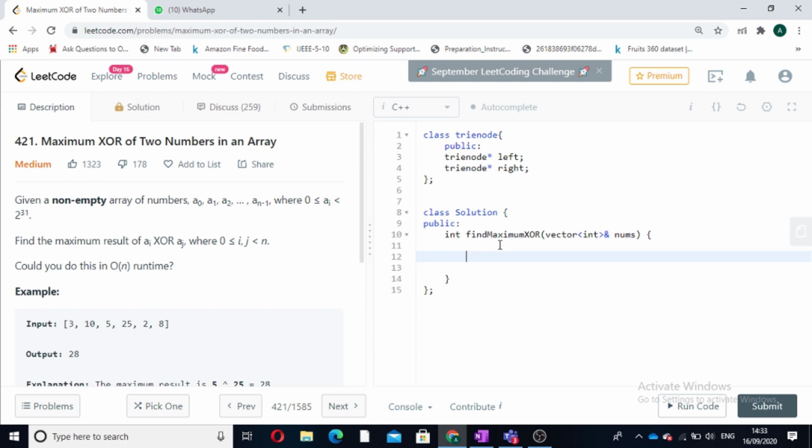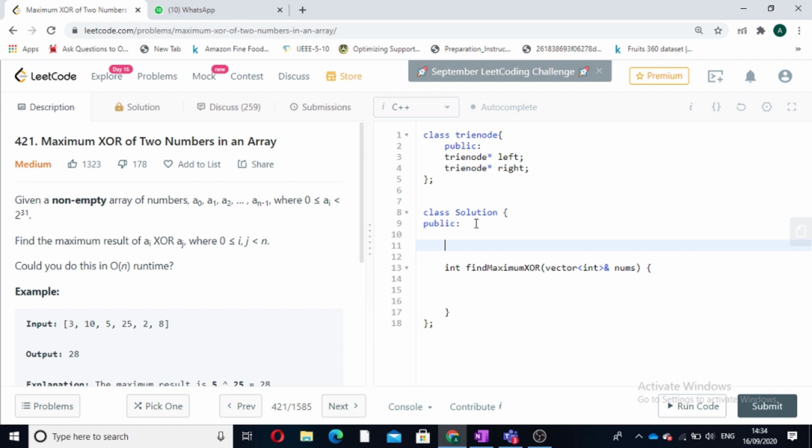So for finding the maximum XOR, we have to do 2 steps. First we have to insert all the elements in the trie, and the second step is to iterate through our vector, and at every element, we have to find the maximum possible XOR with respect to that element. So first we will form a trie. So we will write a function, it will not be a void, it will return our new head. When we insert the first number, it will return a new head, and then when we insert the second number, our head will also change, so we will return a new head. Therefore it is TrieNode star.